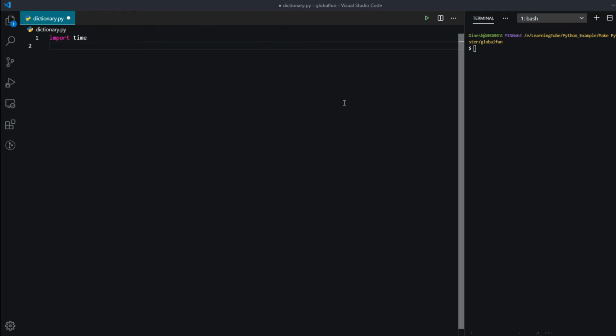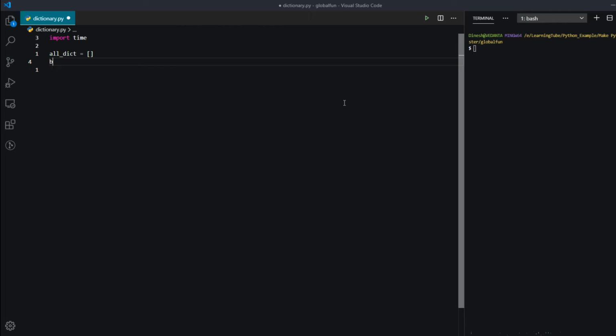Now I want a list of dictionaries. So the first thing that I need is a list. Let me initialize one dictionary which has some keys and some values.